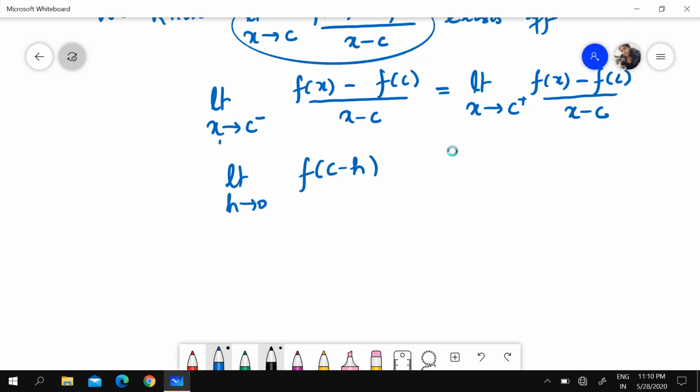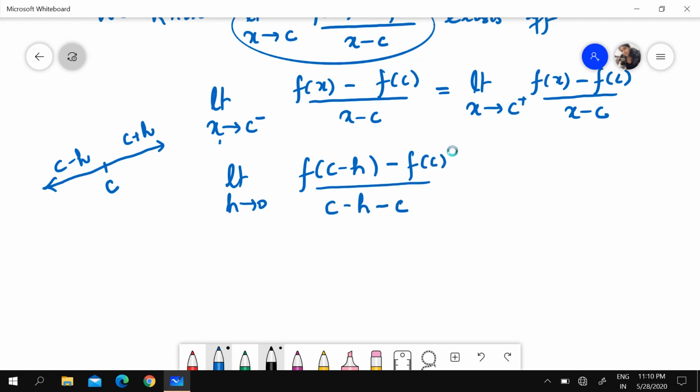So suppose h is a very small number. If we have a point c on a real line, then those numbers which are on the left of c are of the kind c minus h, and those which are on the right of c are of the kind c plus h. So for calculating the left hand limit of this expression, we have to replace x by c minus h, where h is tending towards 0, of (f(c minus h) minus f(c)) upon (c minus h minus c)